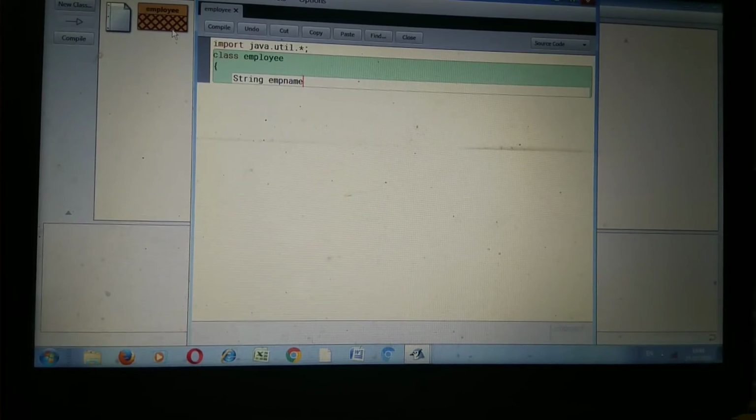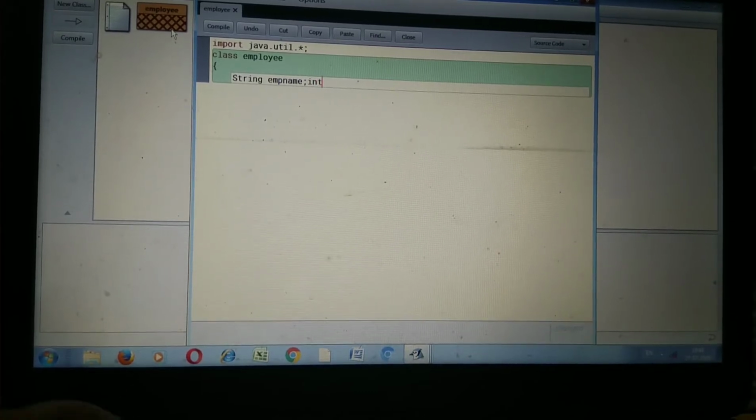Next data type is integer, int empCode. It is used to store the employee code. So we change the data type to int, and the variable name is empCode, employee code. The next variable is double basicPay, to store the basic pay of the employee.